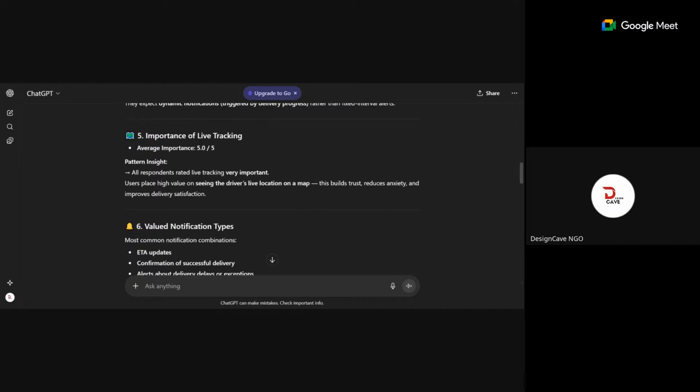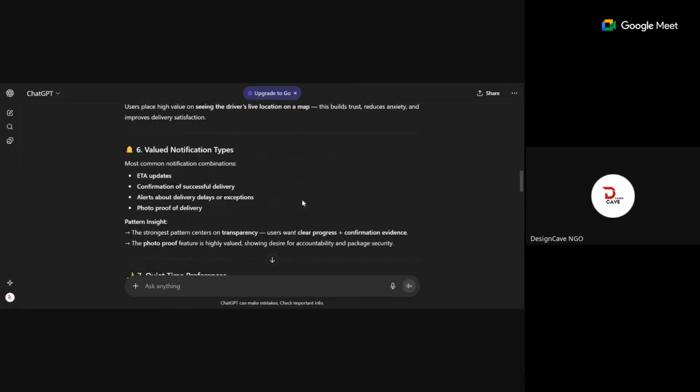Just like, I don't know if you actually look at your phone when you order a ride, or when you're waiting for your driver. Though some people just order the ride and drop their phone and it just ends there. Do you get? But for me, sometimes I just look and be like, where's this driver? It's been minutes. Do you understand? So that is that. Then now let's go.